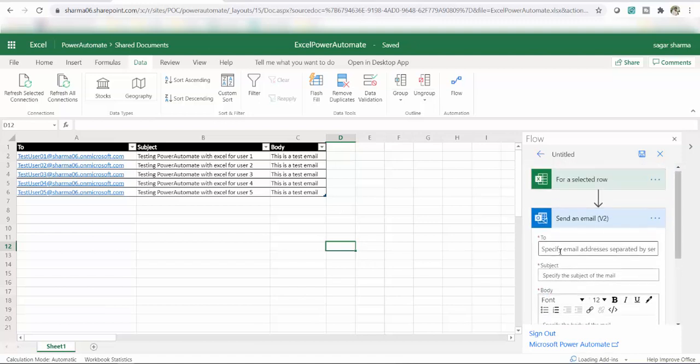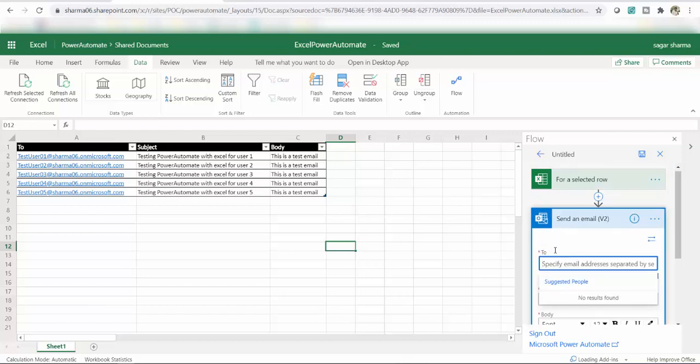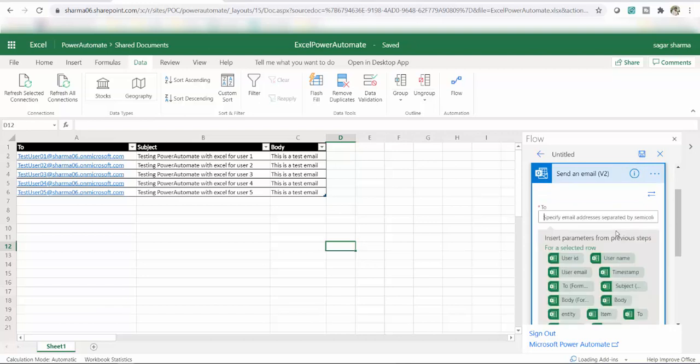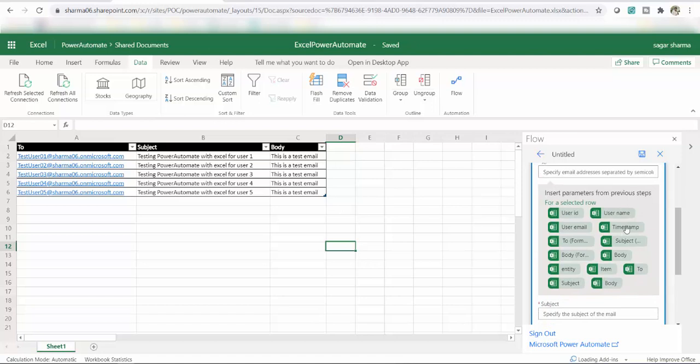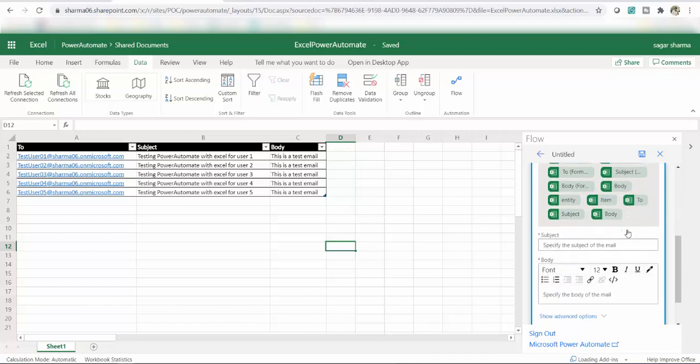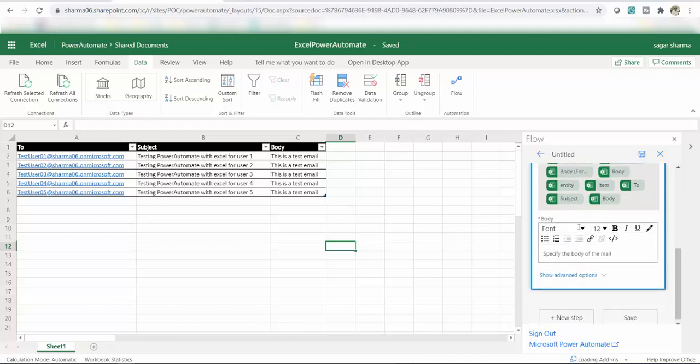And now I have the option to select To over here. So now what I can do, I can hard code any value over here also, but I want to choose dynamic value from my Excel only. So I will click on this add dynamic content, and over here you can see it will show me all the Excel fields. So I will select this To. So now all the values in the To will get an email. So we'll go to the next step, that is the subject. You can hard code your subject also, or you can store dynamic subject also.